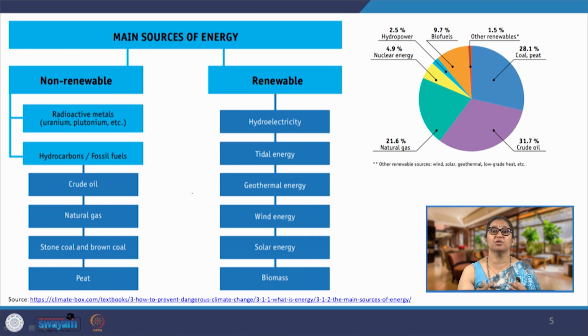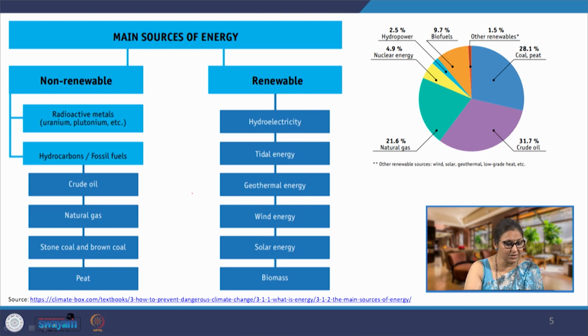The renewable is the one where even after producing energy using this resource, the resource remains more or less intact, or it can be replenished by nature in a very short span of